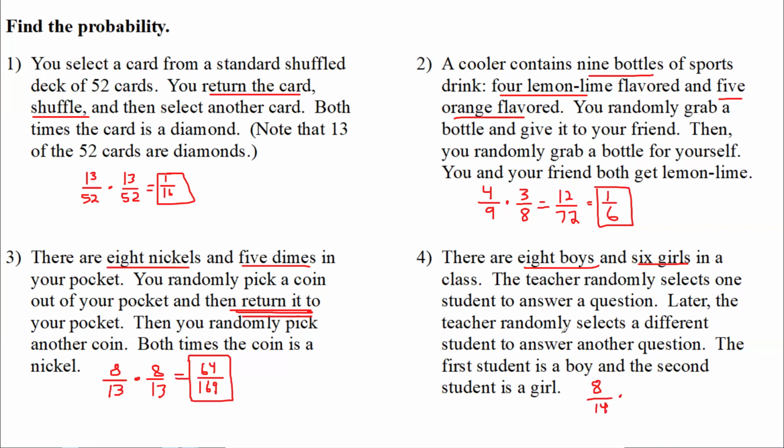Okay, the teacher is randomly selecting a different student. So since it's a different student, there's only 13 possibilities, right? And then there's going to be 6 girls that are available to choose from if they pick a girl, 6 out of 13. Okay, which gives us 48